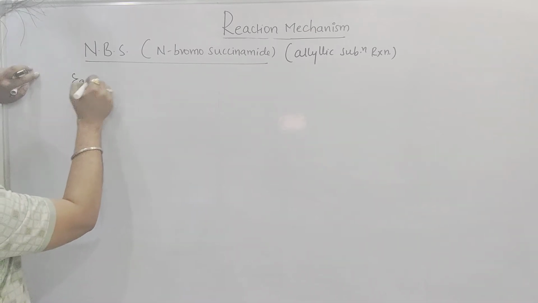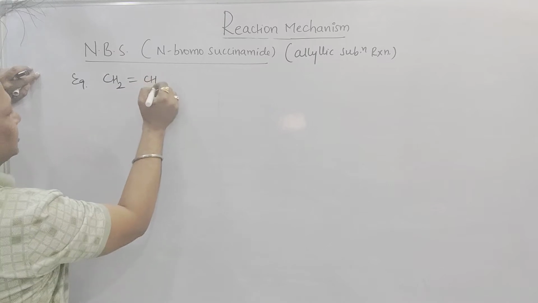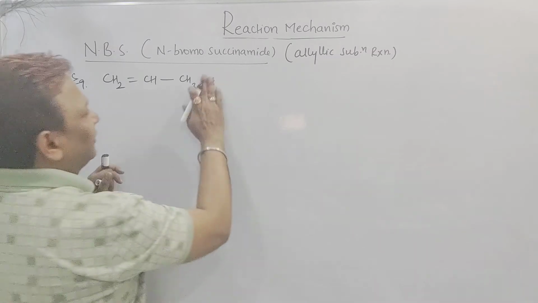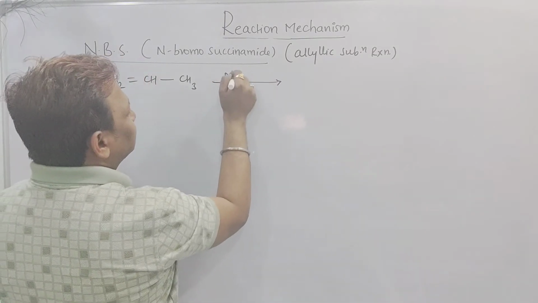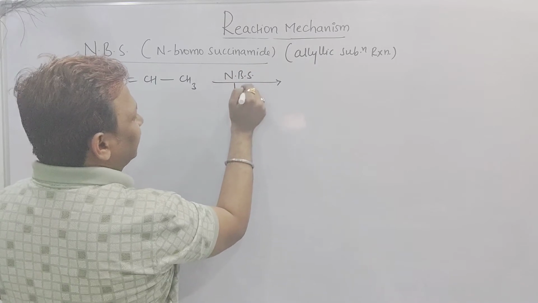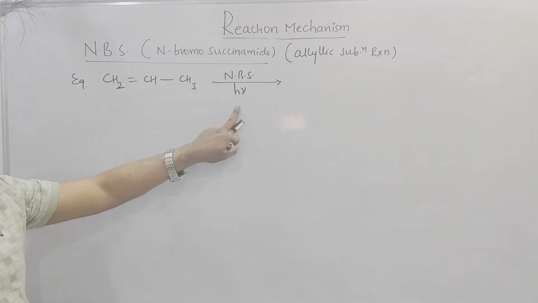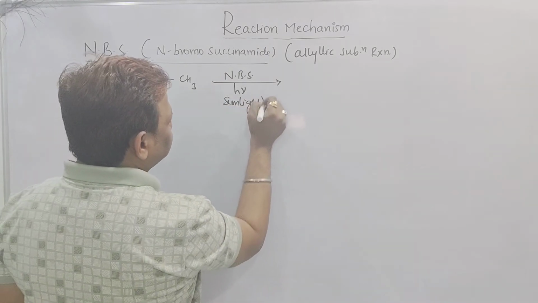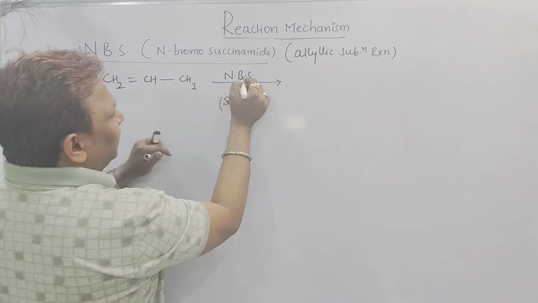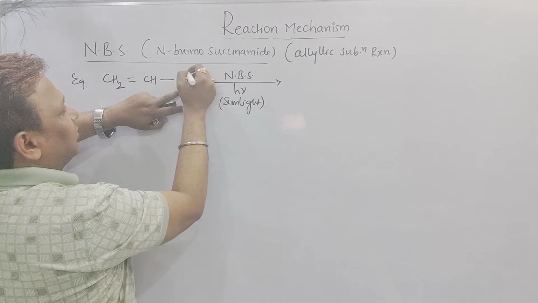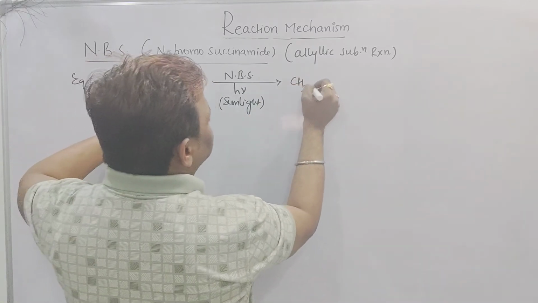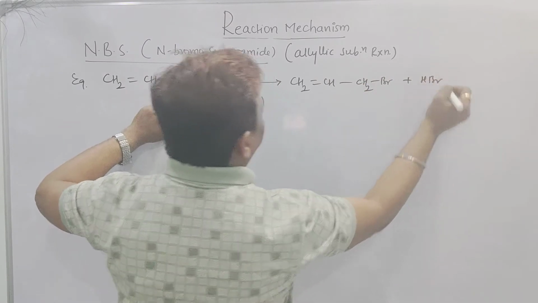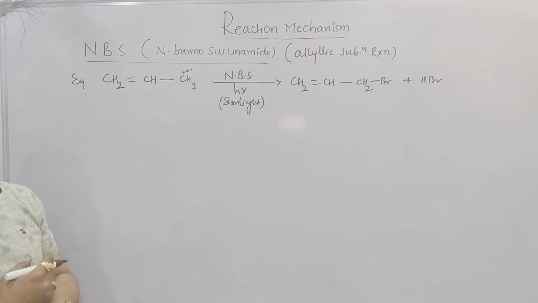Examples are here. Suppose we have an unsymmetrical alkene, CH2 double bond CH single bond CH3. And now instead of adding Br2 or Cl2, what will I do? Simply I will put here NBS. Sir, hν, obviously a free radical mechanism. But wherever light is there, it favors what? hν means it is nothing but sunlight. It favors free radical substitution. But NBS means bromine. Bromine will attack on this carbon, called what? Allylic carbon. I got CH2 double bond CH single bond CH2Br. The remaining is HBr as the byproduct. See here, this is called NBS.